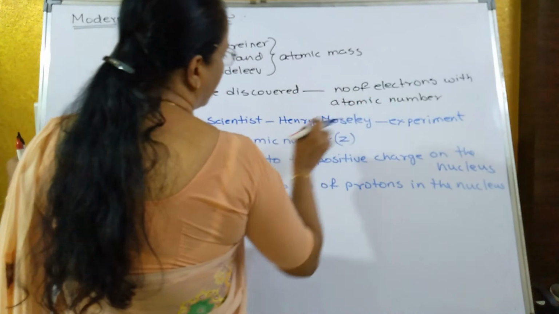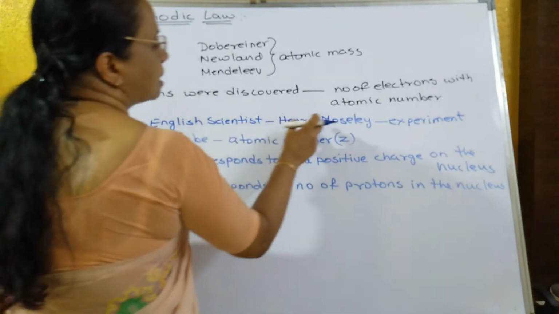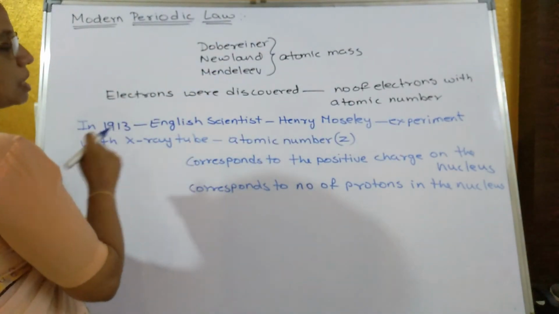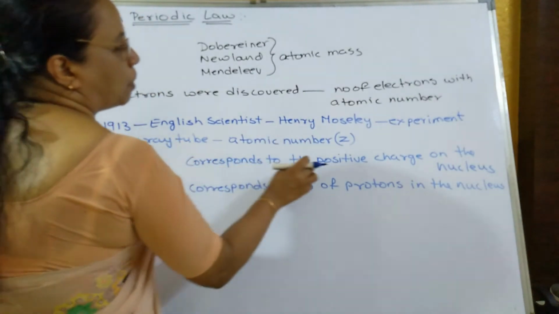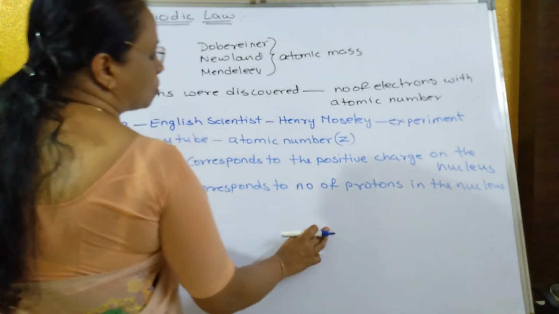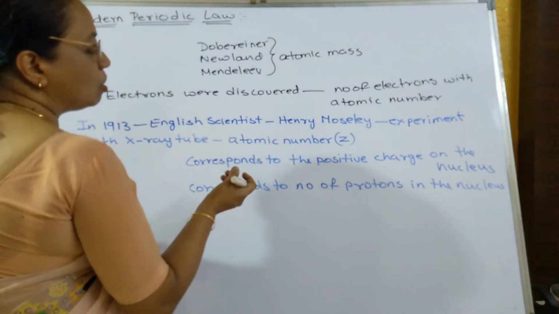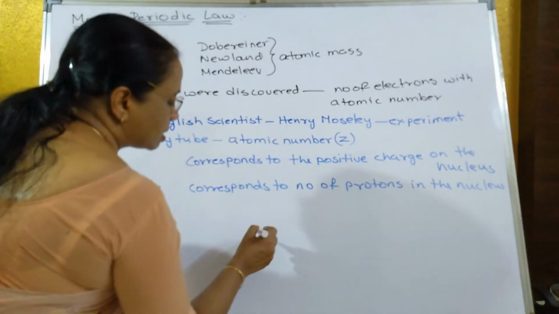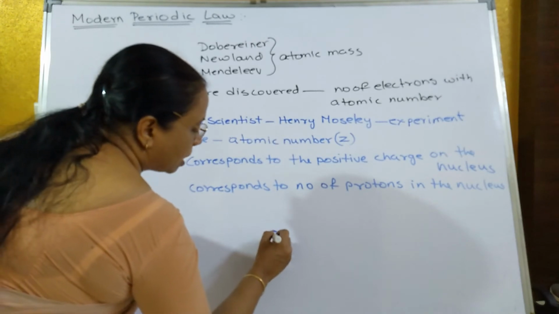एटॉमिक नंबर। सो इन 1913 इंग्लिश साइंटिस्ट हेनरी मॉसले, उसने एक एक्सपेरिमेंट कंडक्ट किया एक्सरे ट्यूब की मदद से, और उसने बताया कि एटॉमिक नंबर क्या होता है? द पॉजिटिव चार्ज ऑन द न्यूक्लियस। जो पॉजिटिव चार्ज है न्यूक्लियस के ऊपर, उसके ऊपर डिपेंड करता है एटॉमिक नंबर। नहीं तो पॉजिटिव चार्ज क्या होता है? प्रोटॉन। सो नंबर ऑफ प्रोटॉन्स इन द न्यूक्लियस।